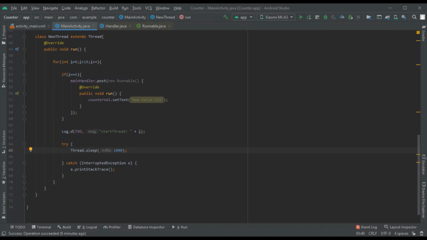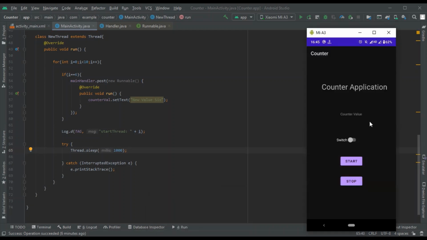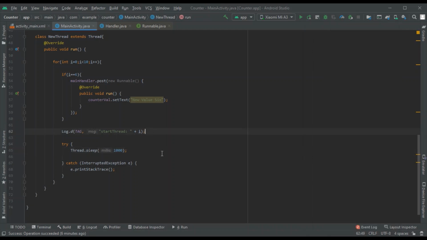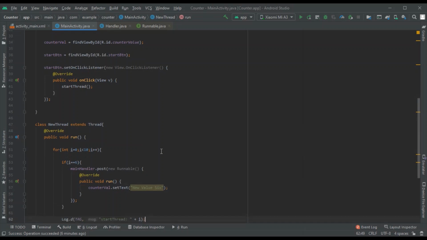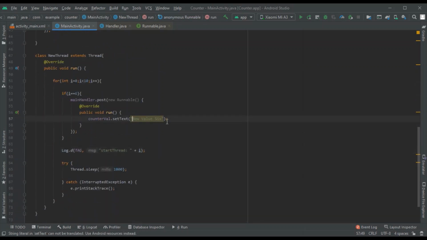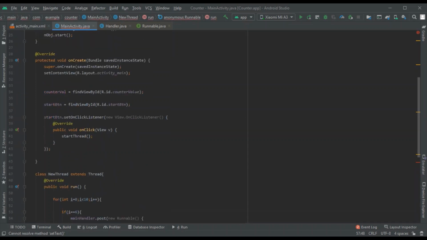Okay, so now you have this app. Instead of this counter value, I want to display the actual digits like 1, 2, 3 and all this, right? To do that, instead of setting the text to this new value, I can make a new variable and display it over there. So before that, let's declare a new variable called